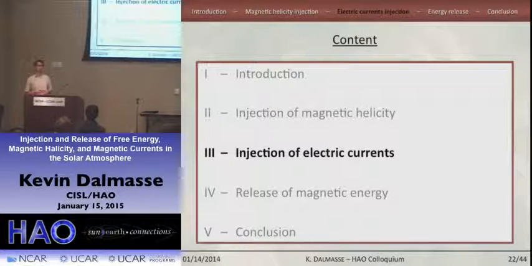So I did some checks with that. Here I showed only the helicity flux density when you compute it from a nonlinear force-free field. But I also used potential magnetic field extrapolation so that you can compare them. And I also tested with another type of extrapolation model from Wiegelmann et al. And what I found is that basically on the large scale structures, you can locate the helicity injection with a precision of 10 megameters, which is typically the precision that was estimated by Wiegelmann and Tolman, I don't remember in which paper.